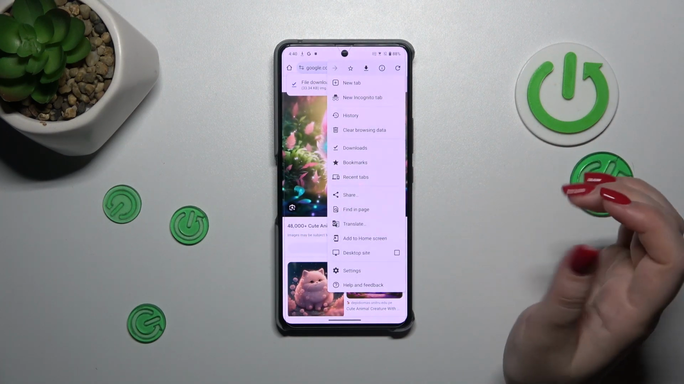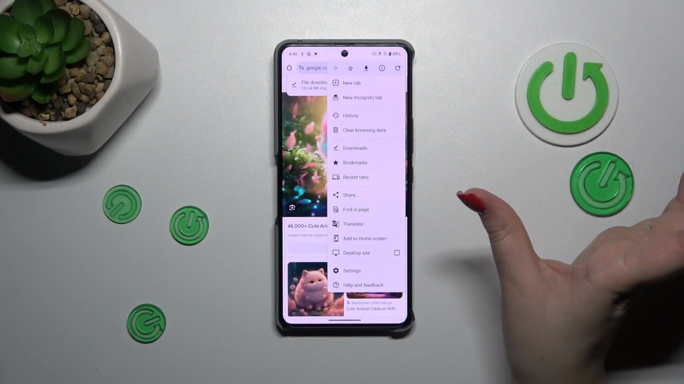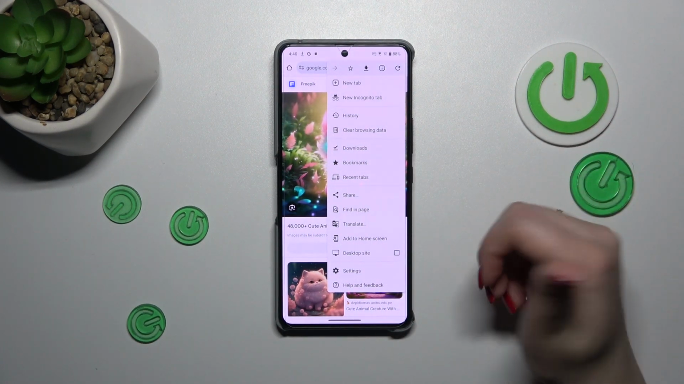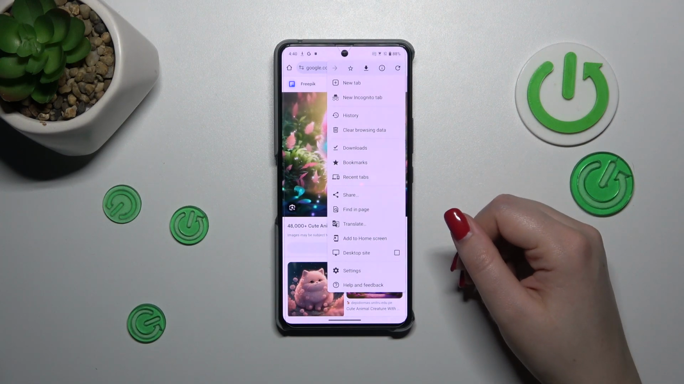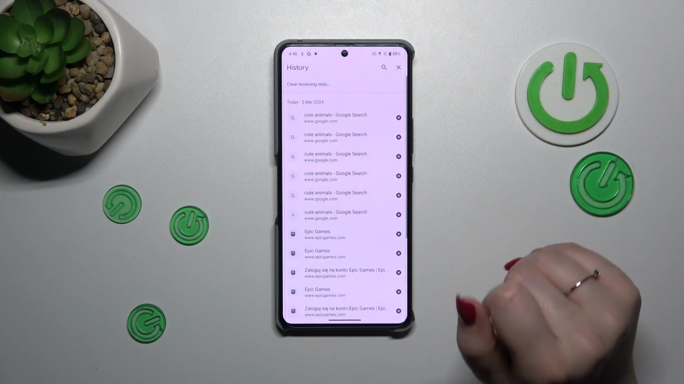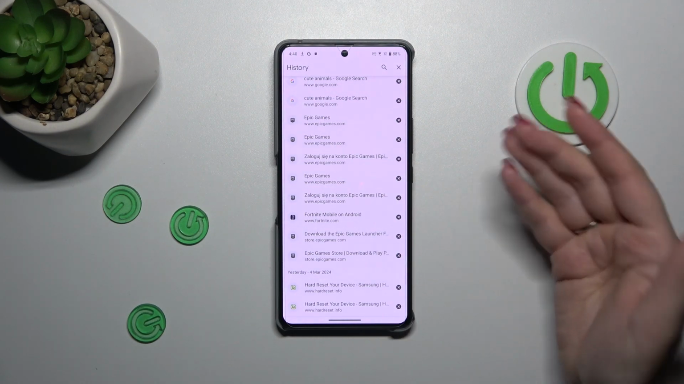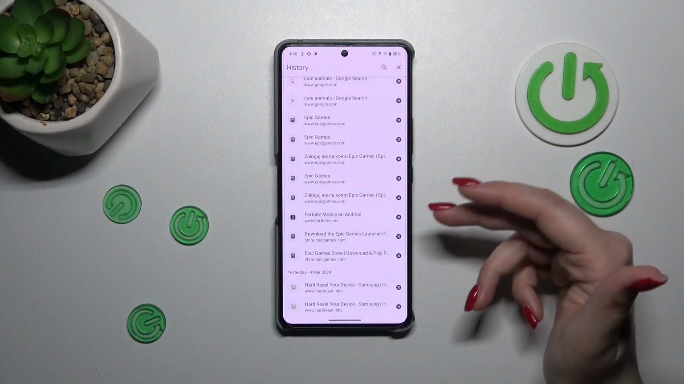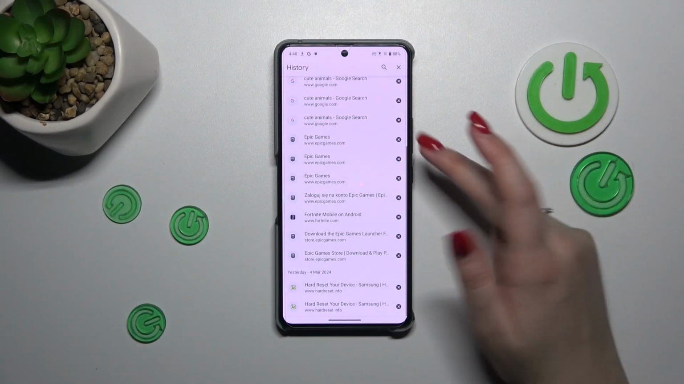If you want to, I would say a basic option, let's simply tap on Clear Browsing Data. If you want to dig deeper and to remove some advanced browsing history, simply tap on the History. And there we've got the list of previously visited websites. If you want to, you can remove them manually one by one just by tapping on this X button,